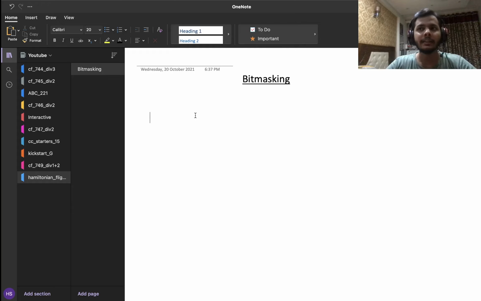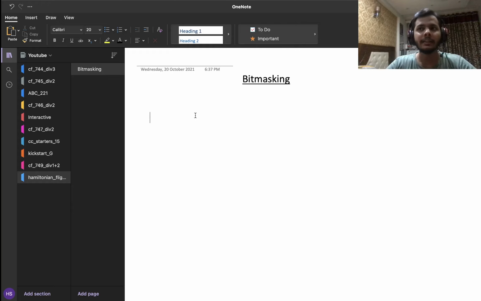So generally, when you are solving a problem with DP, the state of your DP is just a number, right? It is mainly some index. For example, if you are doing the longest increasing subsequence problem, your state DP of i represents the length of the longest increasing subsequence which ends at the ith index, right? So here i is just a number. So your state is just a number. And that is good because we want the state to be a number because that is how we can store it in a table, right? We want to store numbers. That is the essence of DP. We like numbers.